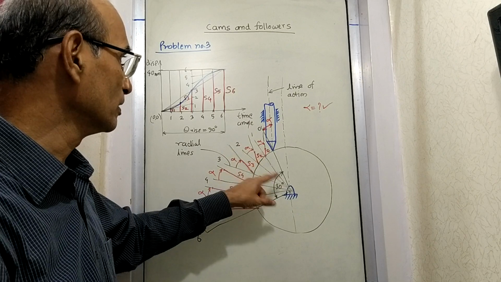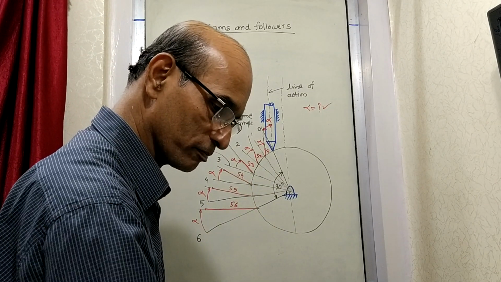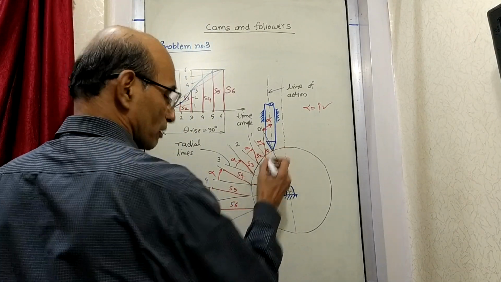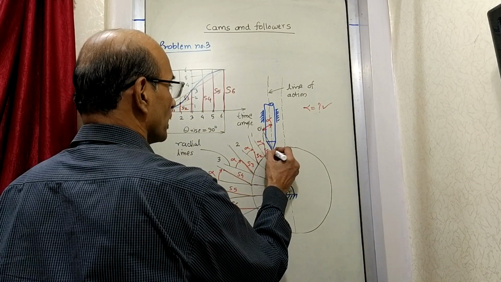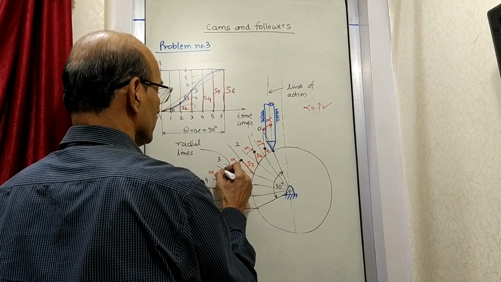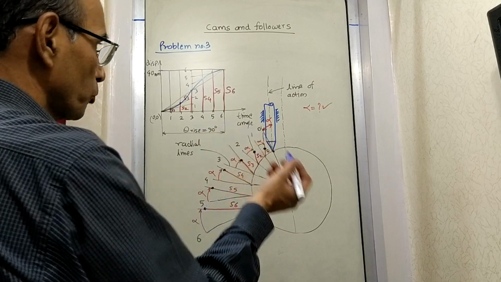And after this is done, the next job is obviously very simple, where you are going to join. Now we are going to join all the points. The initial point, the starting point, is here. The next points are here, here, here, here, here and here. So that is going to be the position of the